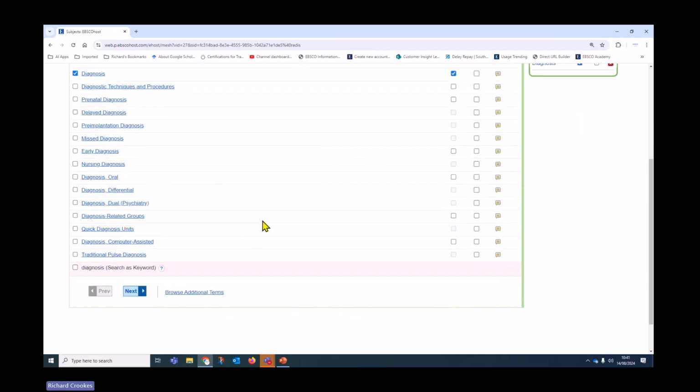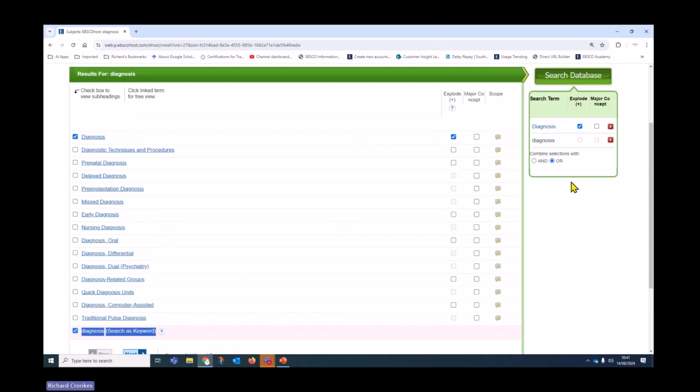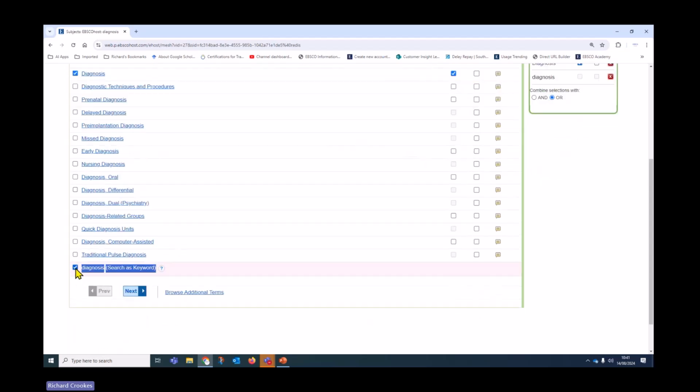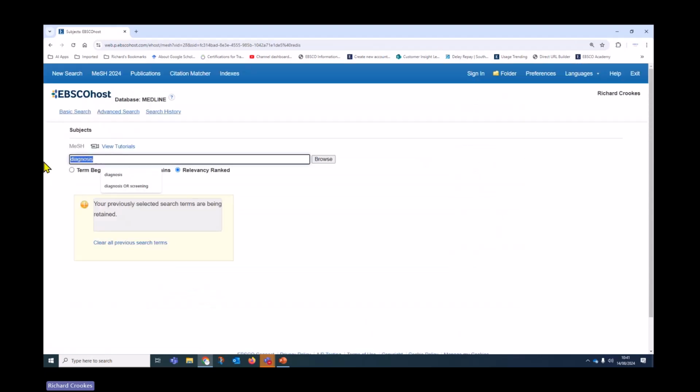And by the way, just to point out to you, some of you may have picked this up and used this before, you will see the keyword search can also be included. So this is where you go beyond the title abstract search and run a general keyword search, a free text search within MEDLINE. If you selected this one and the subheading, you'll see both grouped together with the Boolean OR on the right there. So you'll be searching for any content indexed with diagnosis and related headings combined with the word diagnosis as it appears within the fields of a record within MEDLINE. I'm not doing it this way today because I'm focusing on title abstract searching, so I will remove that,